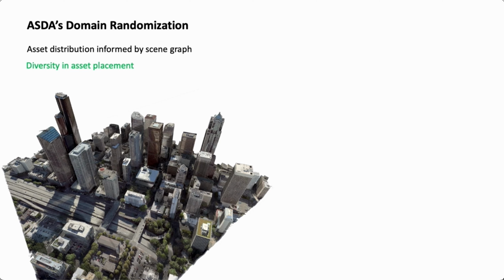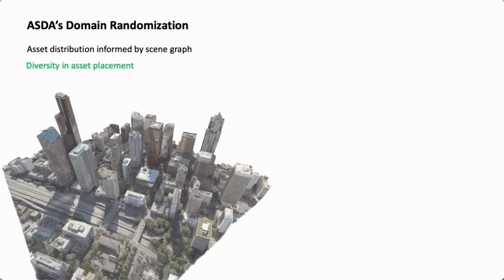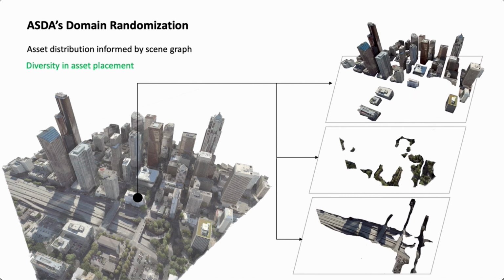To create an adaptive method for asset distribution over simulation environments for increasing diversity in asset placement, ASDA embeds 3D scene graph information into the distribution operations in the pre-processing pipeline. ASDA benefits from the scene graph to extract the spatial and logical relationship of a graphical scene from the hierarchical representation of environment objects, and to use its traversability for querying the graph to find particular objects of the scene.